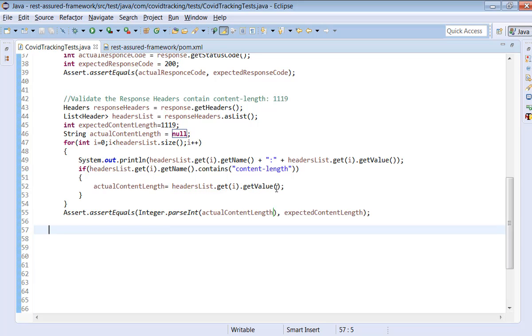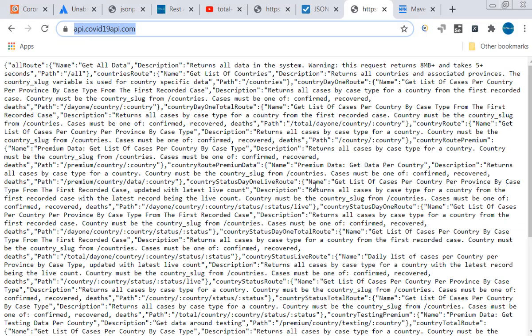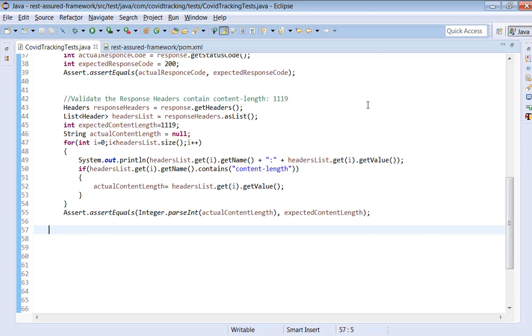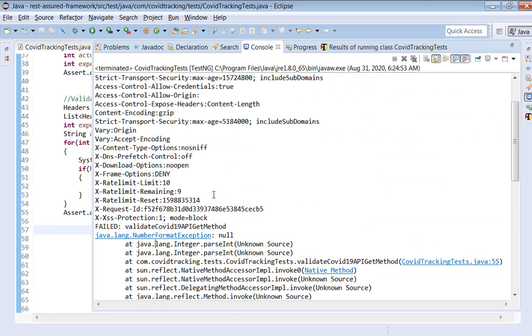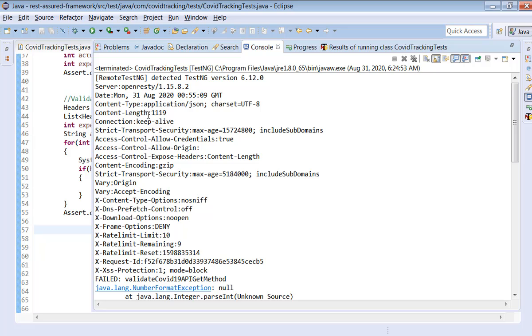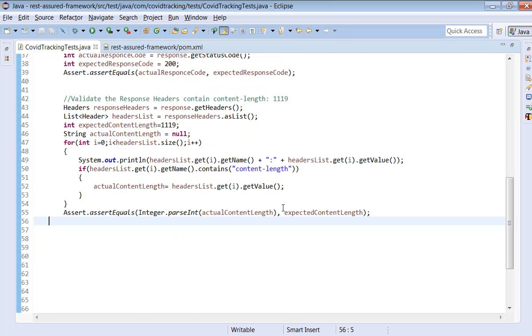Okay, so headers list dot get i dot get value. Actually, if you look at the response in the console, we got content length. This is the content length, right? This is the one we have to take. Did we take that? No, we did a wrong thing here. This is our key.